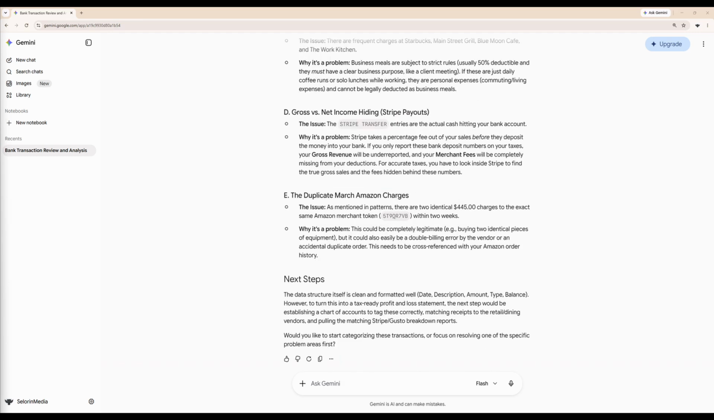And then the one that catches most people. Gemini flagged that your Stripe deposits are net of fees. The number hitting your bank account is after Stripe already took its percentage. Gemini identified that your actual gross revenue and your merchant fees may not be fully represented in this file. This one is worth an explicit conversation with your accountant. We are not tax advisors, Gemini is not a tax advisor, and this is exactly the kind of finding you